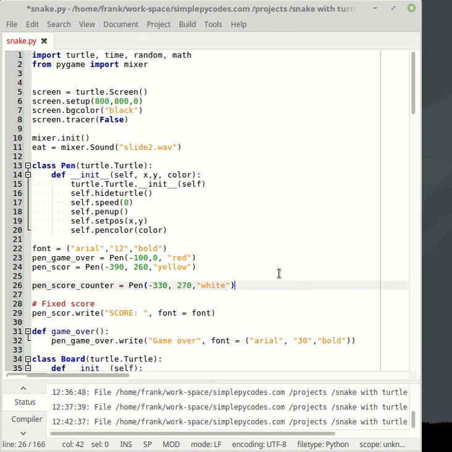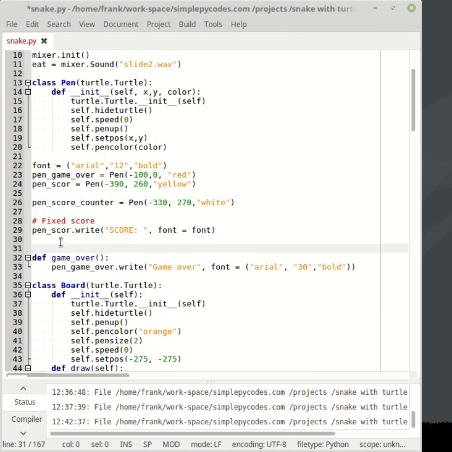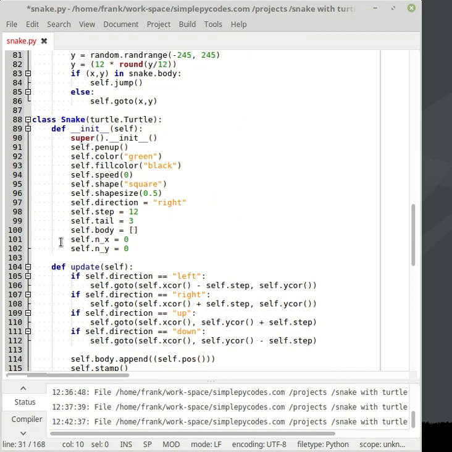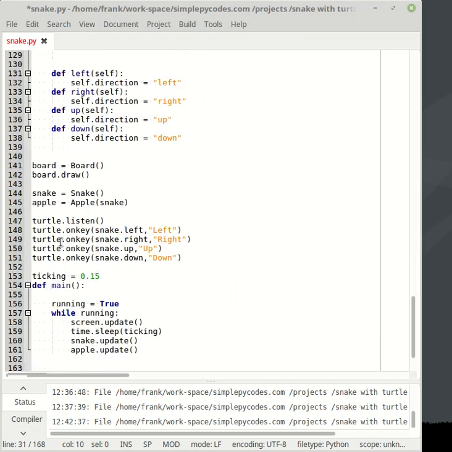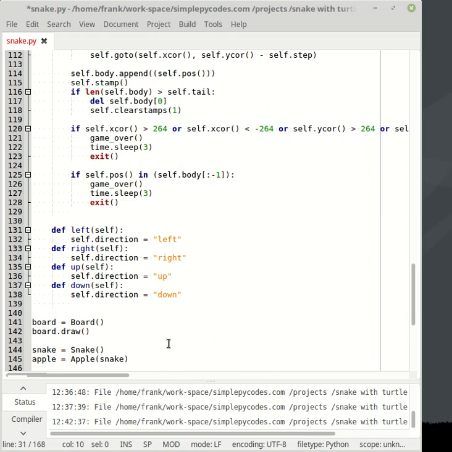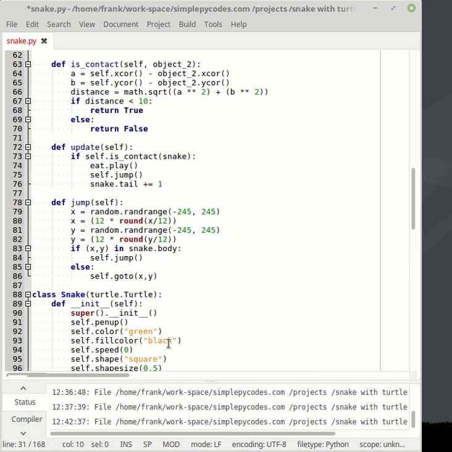Okay, now let's take care of that score very fast. I'm not so fast in coding, so I'm doing everything almost. This is my speed. We make one variable here, score equal 0. Now every time when we collide, I want to add it here. But can we add it here? Where can we add it? I think we need to go to